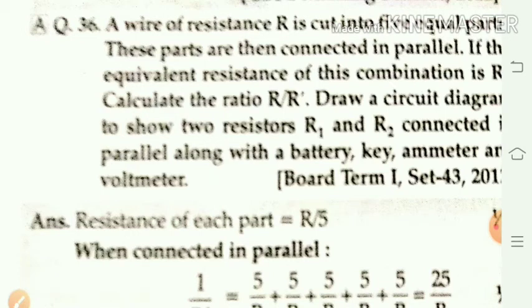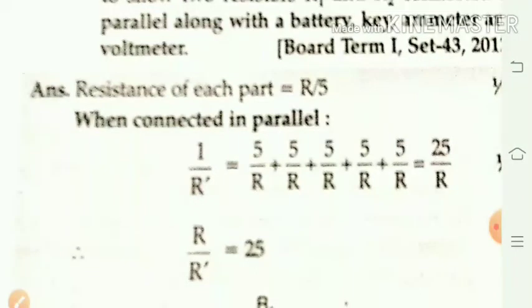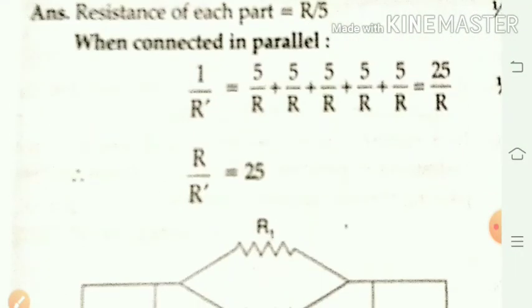Draw a circuit diagram to show two resistors R1 and R2 connected in parallel along with a battery, key, ammeter and voltmeter. According to this information, we have to draw the diagram. These are connected in the parallel combination. Thus,